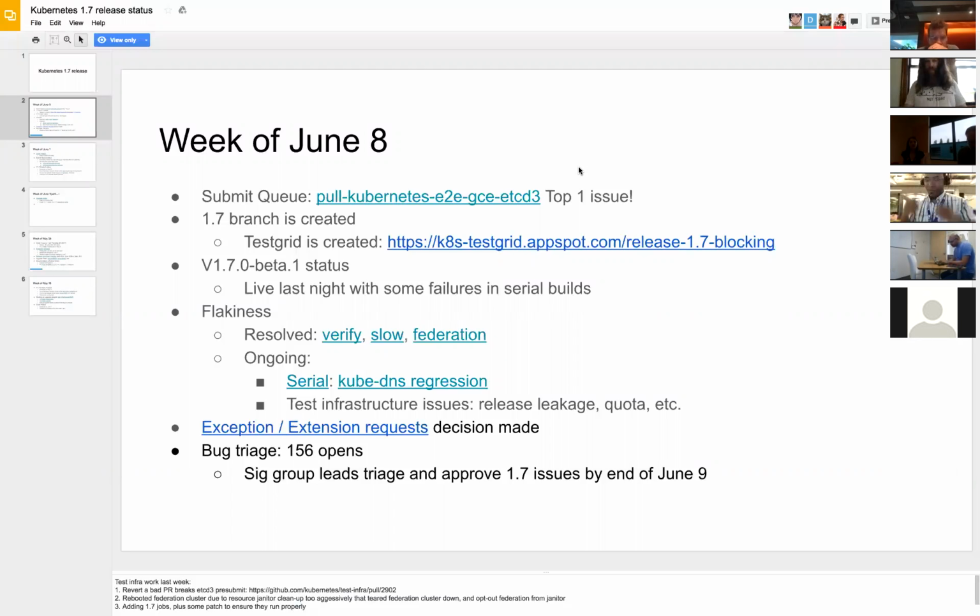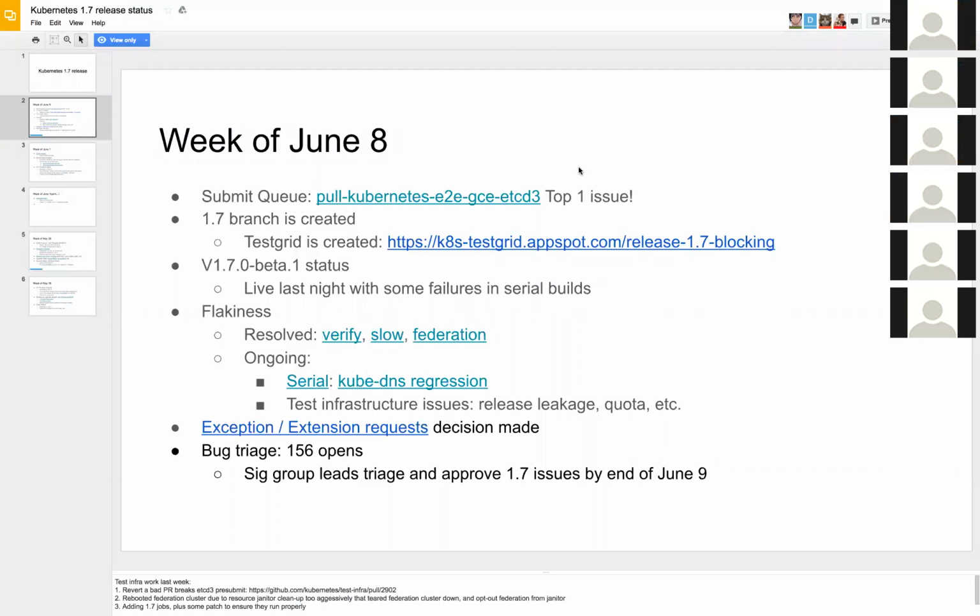Only the serial build has some issue, which is a known issue related to Kubernetes. Sometimes it shows it's not ready. So the rest of the critical builds are green. So next, flakiness is the top problem right now. Our focus